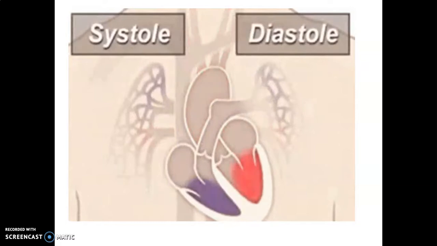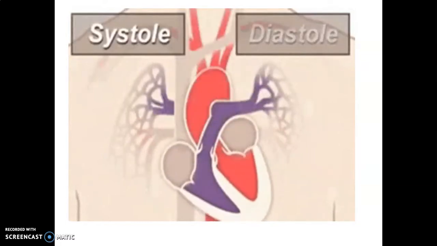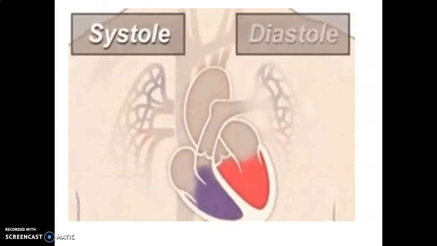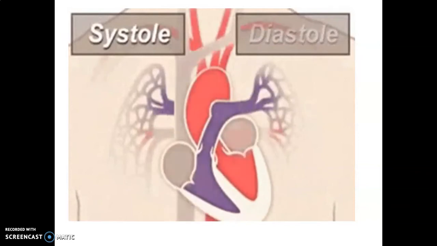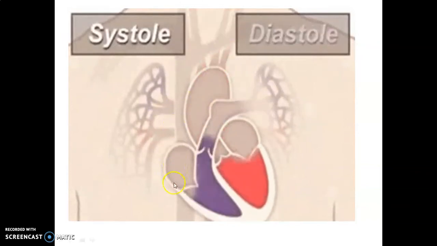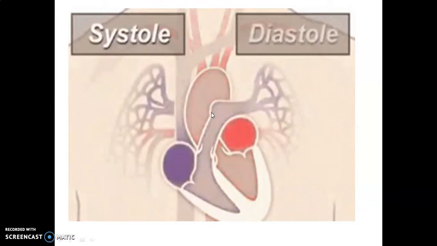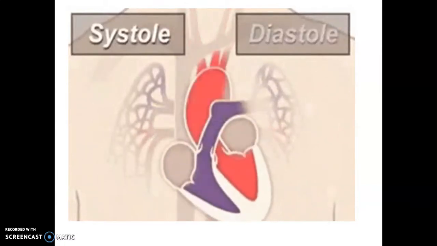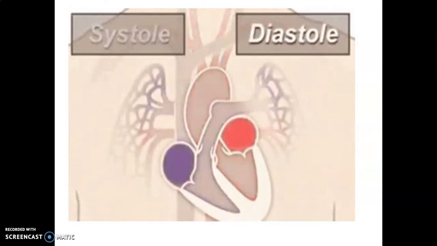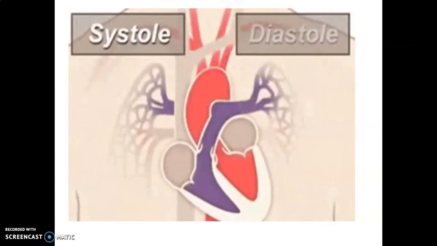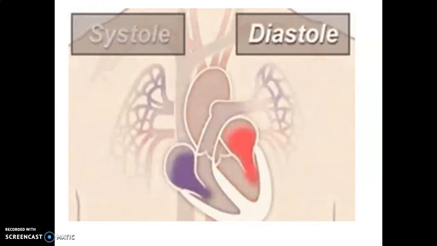The SAN now generates an action potential which stimulates both the atria to undergo a simultaneous contraction. That is atrial systole. This increases the flow of blood into the ventricles by about 30%. Then the action potential is conducted to the ventricular side by the AVN and AV bundle, from where the bundle of His transmits it through the entire ventricular musculature.